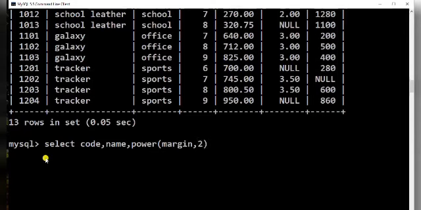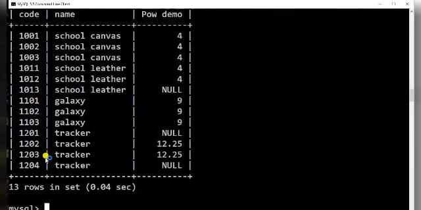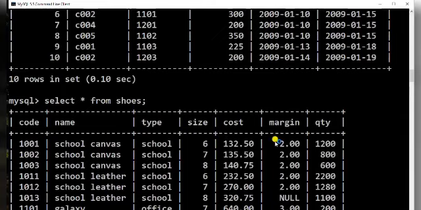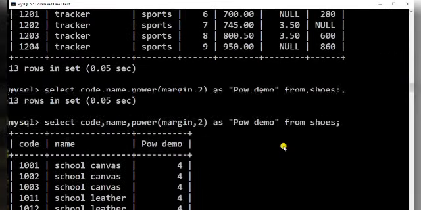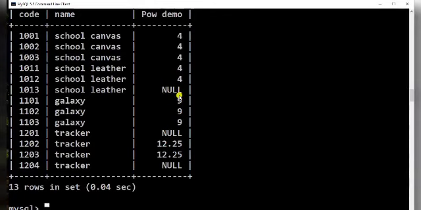Whatever value is in the margin, I am also giving the column alias pow_dem, from shoes. So when we click this, what it has done: 2 raised to power 2 is 4, 2 raised to power 4, 3 raised to power 2 is 9. Null is giving null. Whatever is the decimal value, it has given the decimal value raised to the power. I hope it is clear.